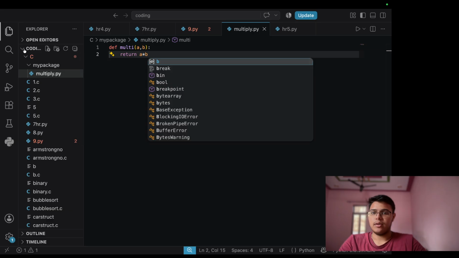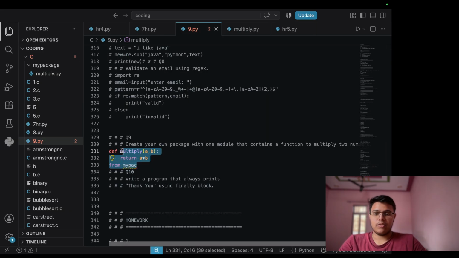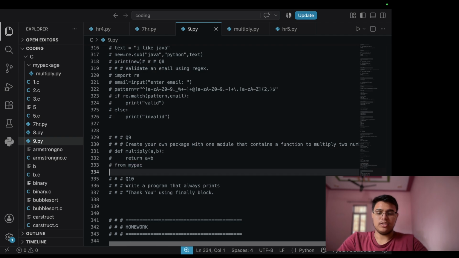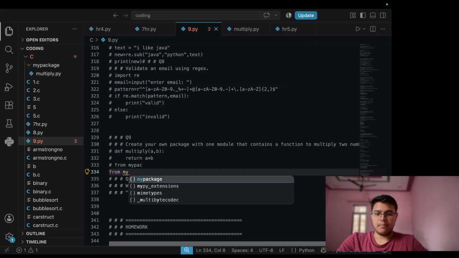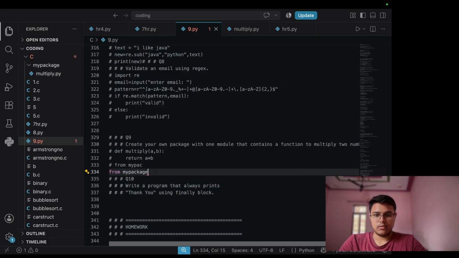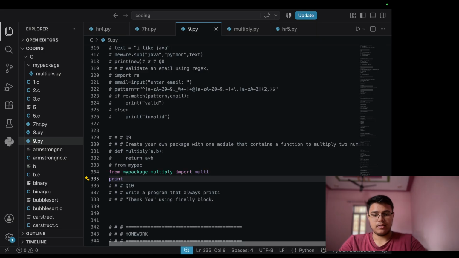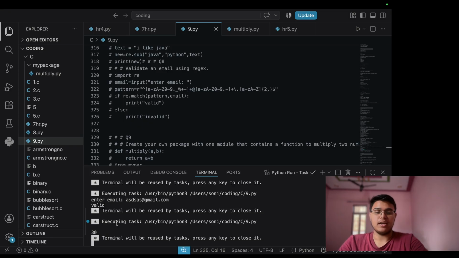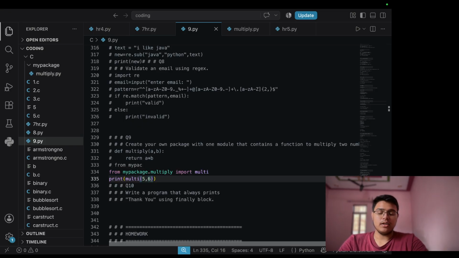Now we will move to our main one. So here we will take that from our package, from my package dot multiply import multi, because we wrote the name multi, and now print multi 5,6. So the answer should be 30. So the answer is 30 because it just takes that from our file, from our package. Okay,